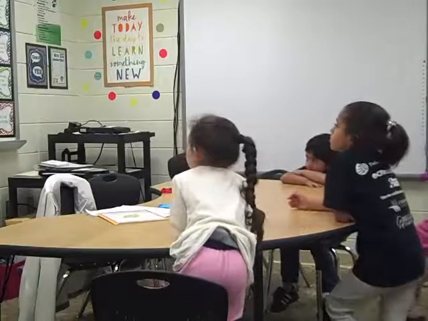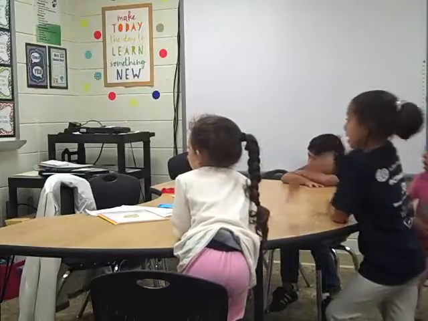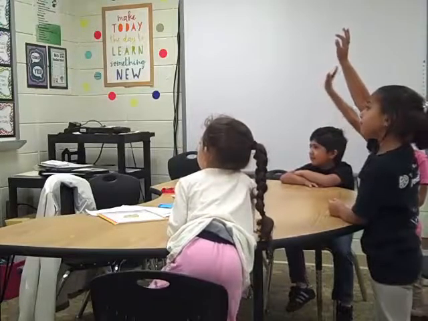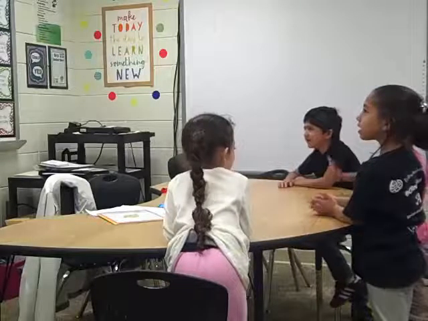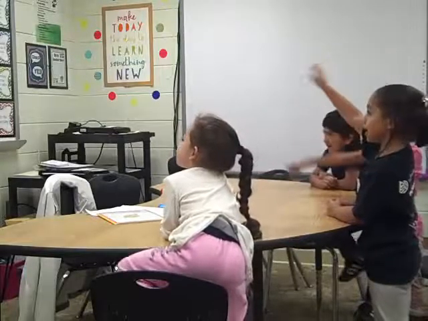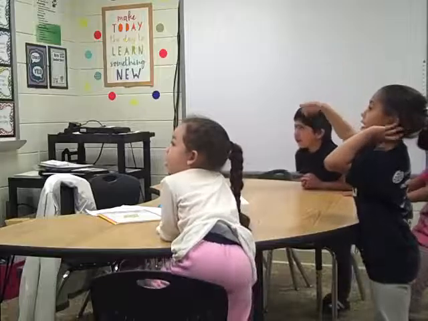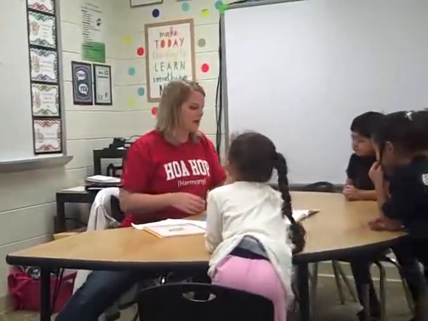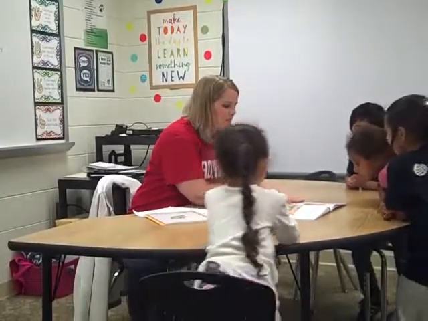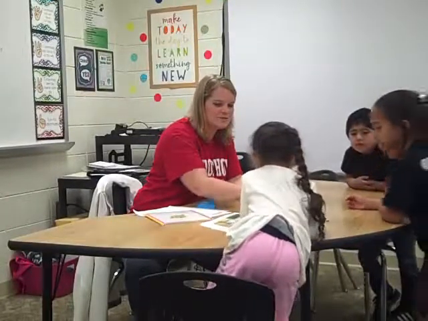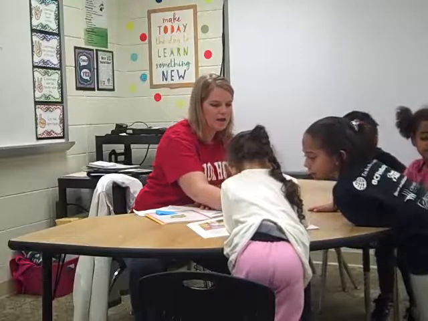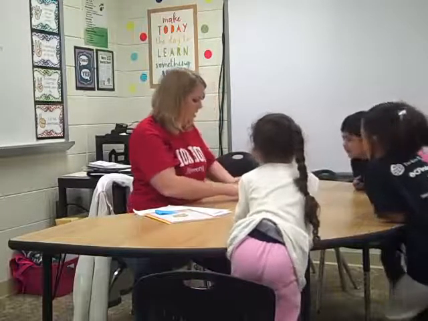Here's our last letter. You might see it that way, or sometimes you might see it this way. B. You are right. What do we call this? B. What does B say? Let's look at some B words that I had in here. This is the word butterfly. Do you see that? Butterfly.